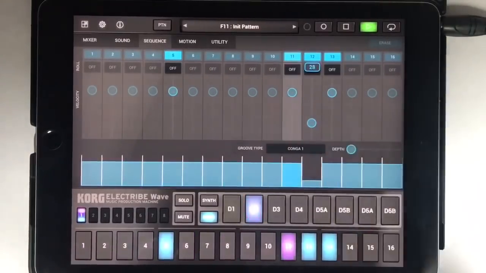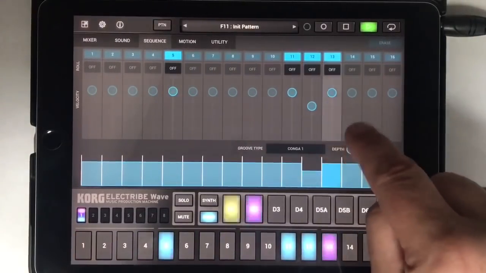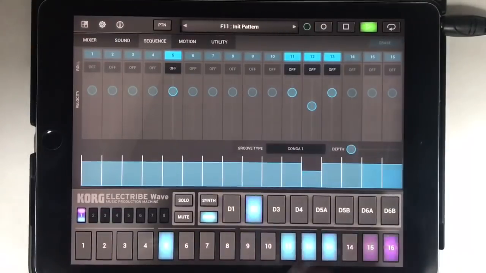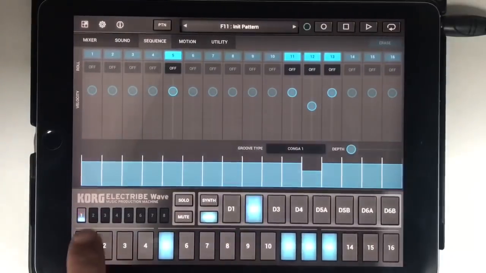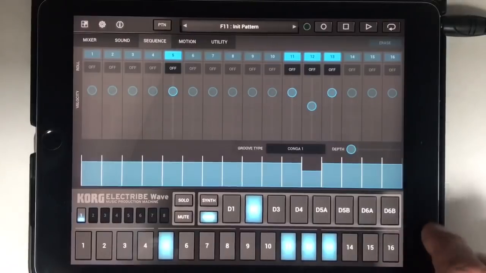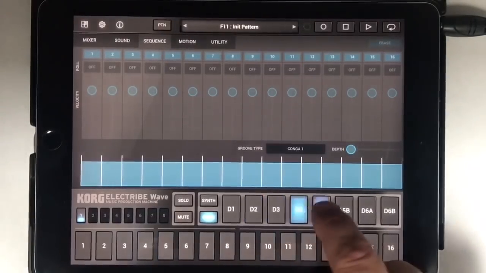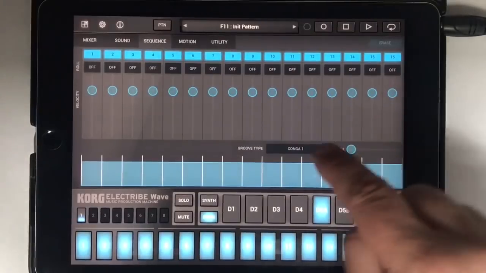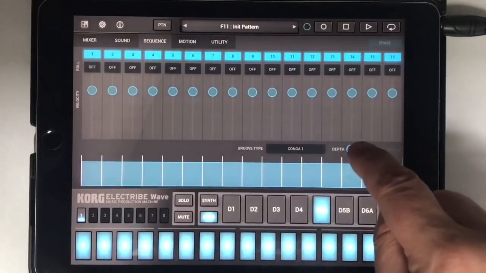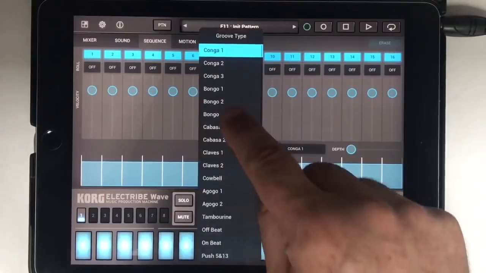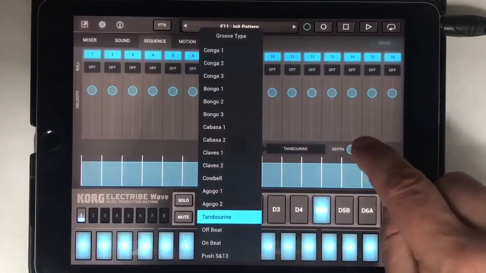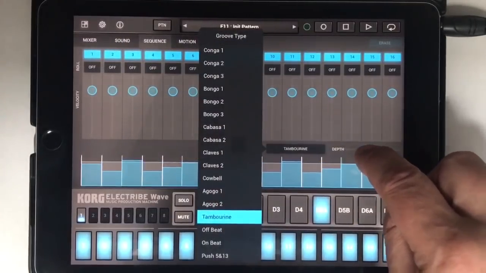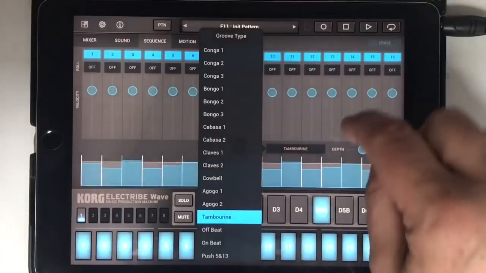I can reduce the velocity. You can have up to 8 bars per pattern, so you've got plenty to play with. If I take a hi-hat here and I fill the whole lot in, I can also change the velocities using these groove types. So if we take a tambourine groove and then turn the depth up halfway,